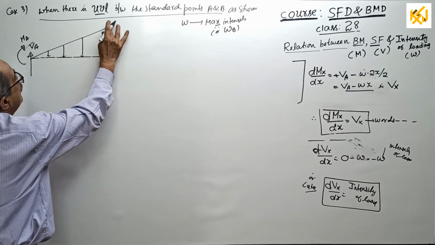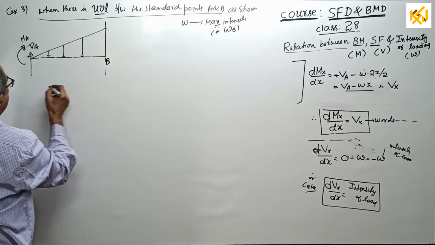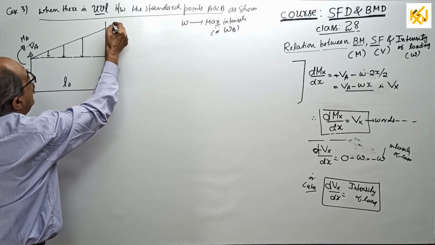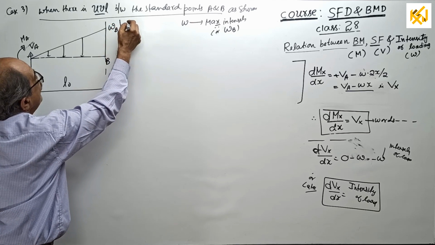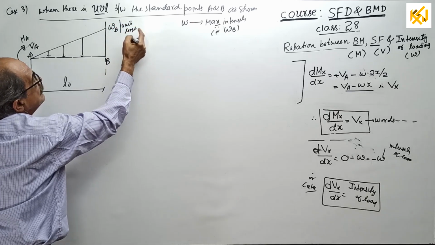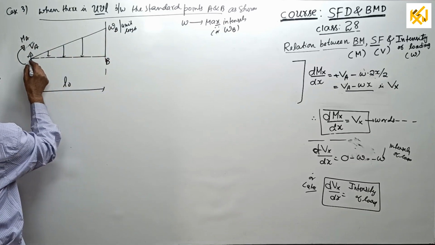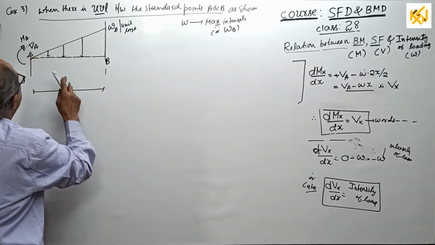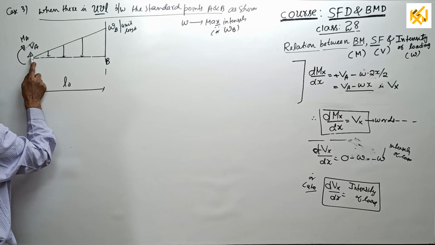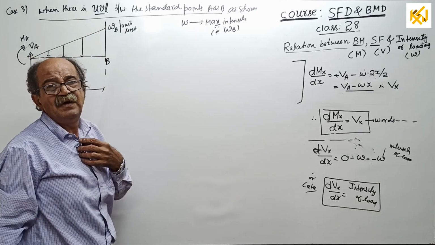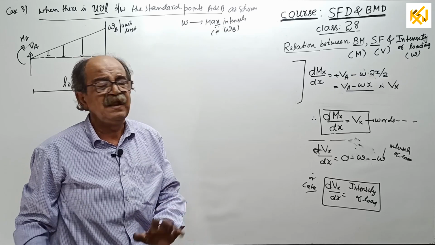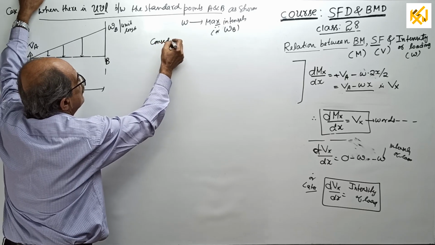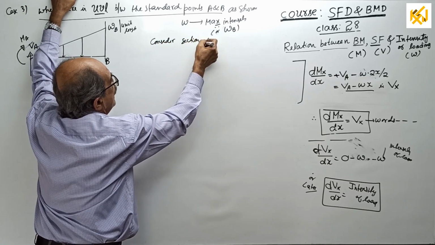See, this way, this is the point B. I will stop here. Length is L0. And I will call this W at B per unit length. See, per unit length means it is the maximum ordinate at B, WB. Here I will take 0 just for easy calculation. That's all. Same result will come if you take it this way or if you take trapezoidal loading. Variation is important. I can prove it for everything, but no, there is a limit. Okay, start. Now, as usual, consider section XX